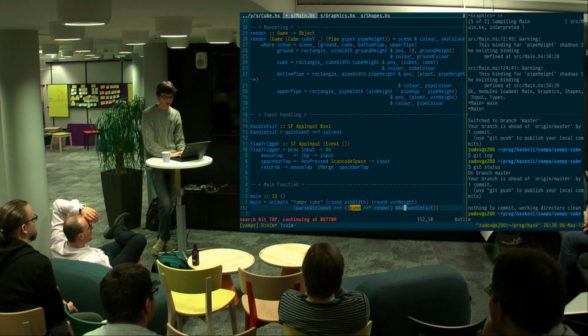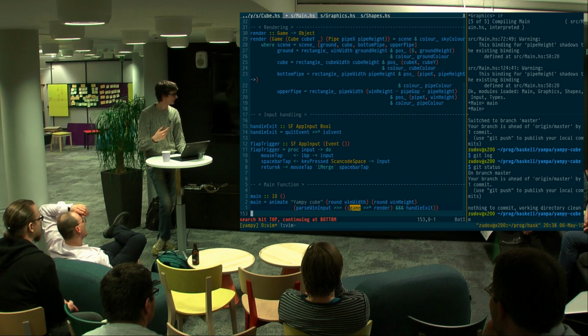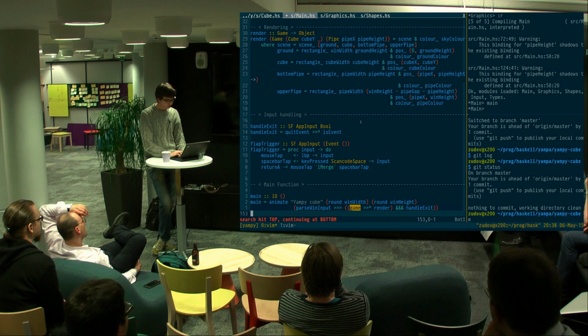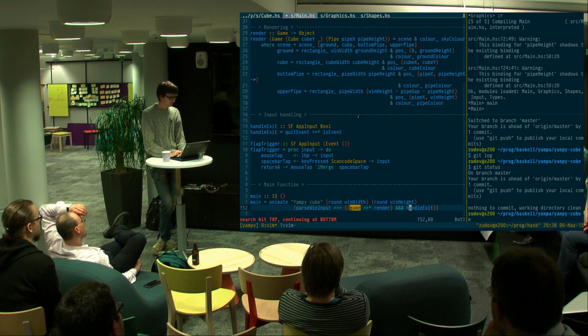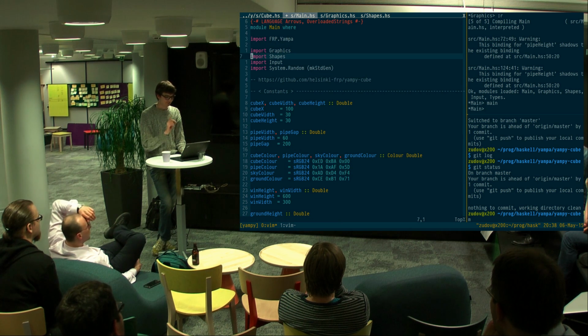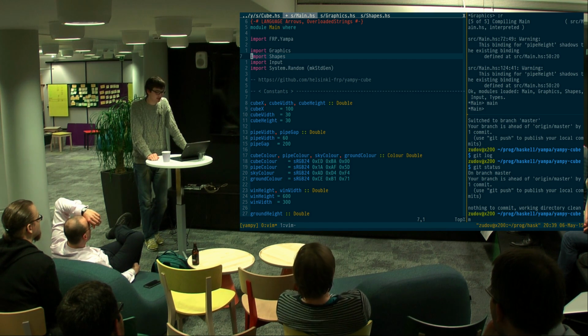And I also use this triple ampersand to handle the exit events. So when the exit event happens from SDL, we exit. That's it. And another very cool thing is that this Yampa FRP, which somehow does the integration and other stuff,